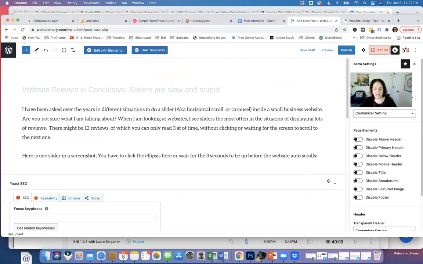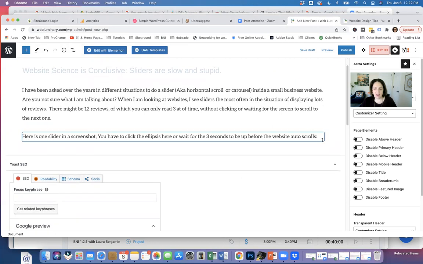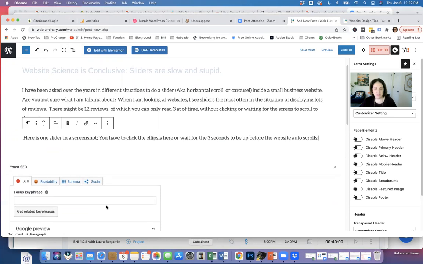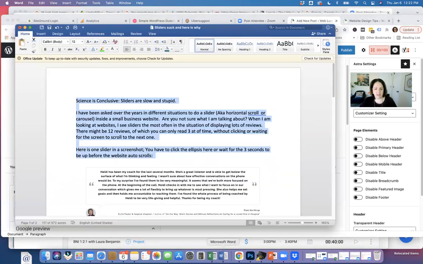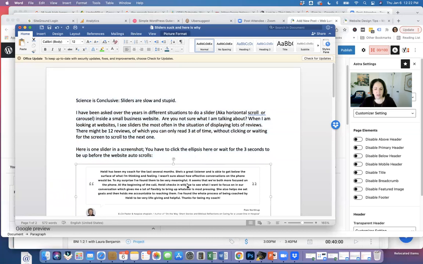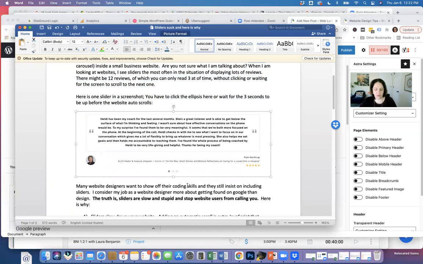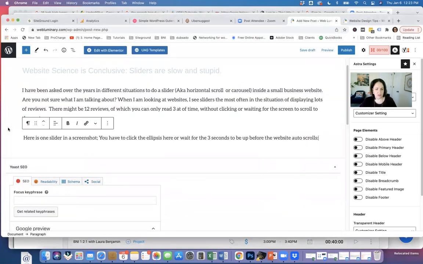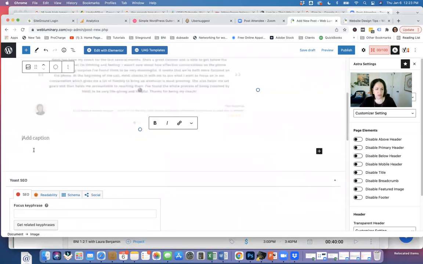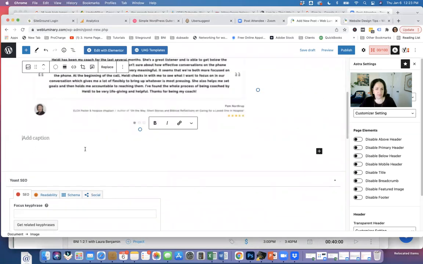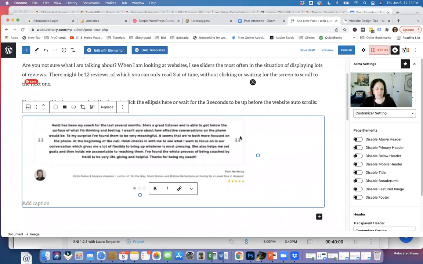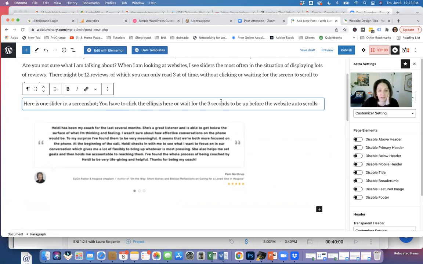And I'm going to go and paste it all in so that you can kind of see what that feels like. And we'll take that one. Oof, it's blurry. I might have to redo that, but